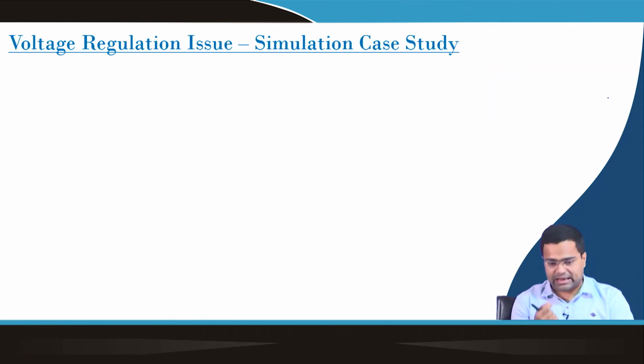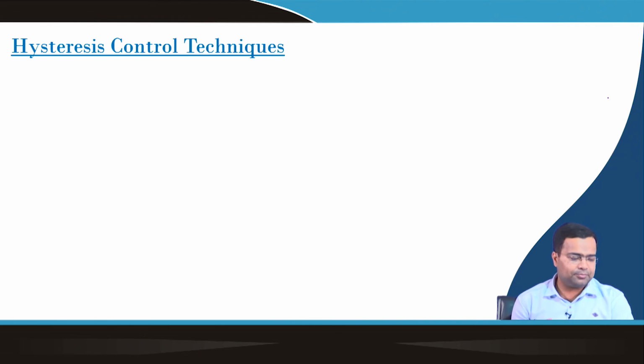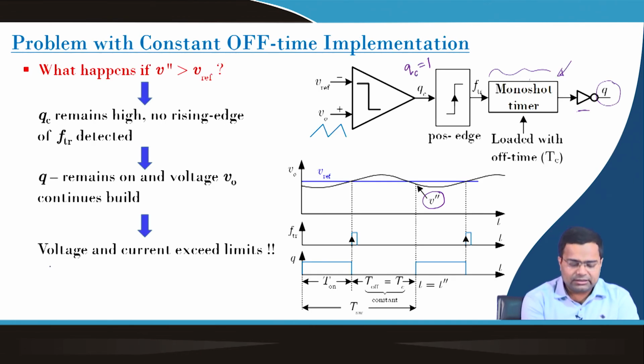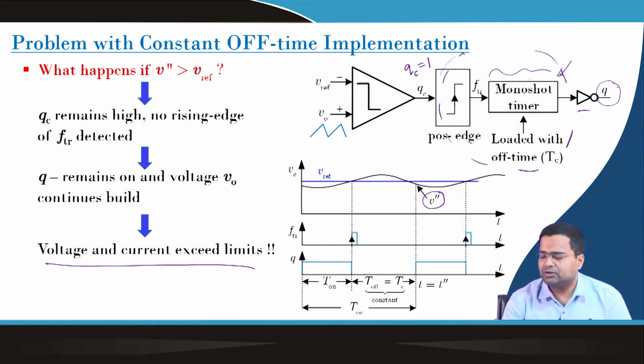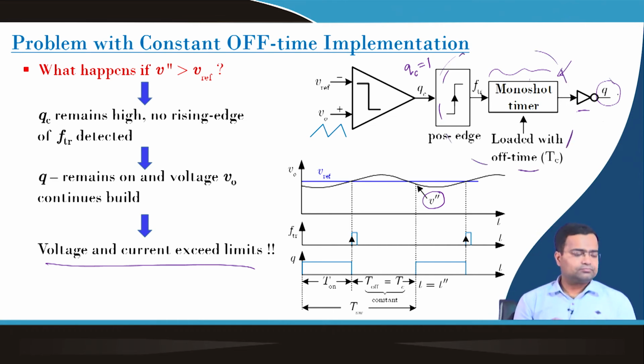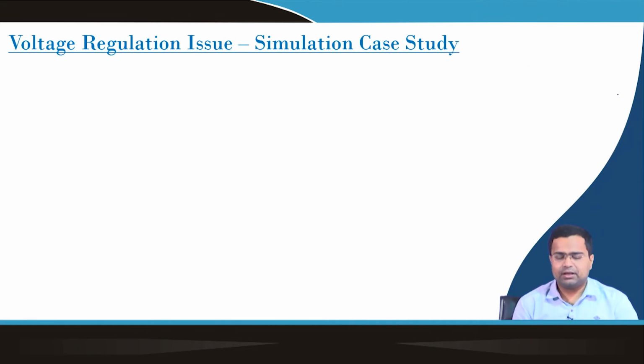So, a similar problem will arise in constant off time, and how can we address it? We can again consider a minimum on time for off time modulation, similar to constant on time. In fact, we can copy paste that block here and implement the logic. We can plug it in with this monoshot timer. The only difference is that here we have inverted logic. So, you can do the same thing.